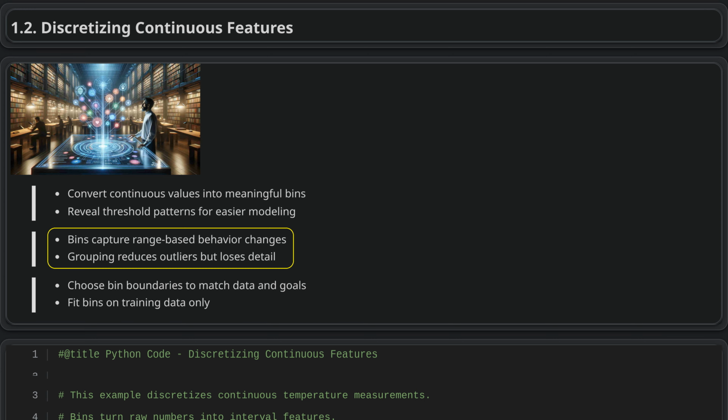Discretizing continuous features means grouping numeric values into ranges so models can capture changes that happen across intervals, rather than treating every small increase as equally important. This is useful in areas like credit risk or healthcare, where categories such as income bands or cholesterol levels may be more meaningful than raw numbers. It can also reduce the influence of extreme values, but it loses detail because values in the same group are